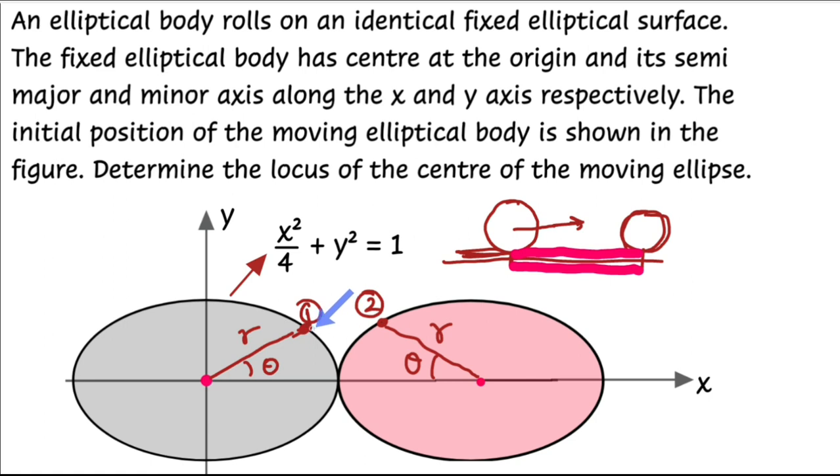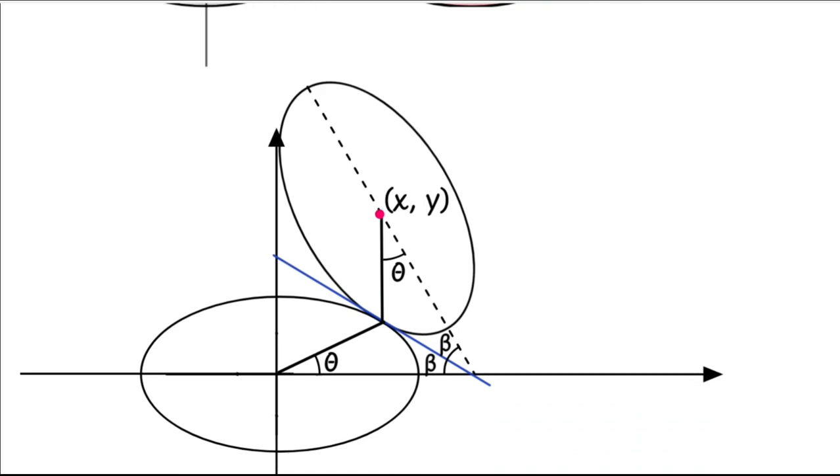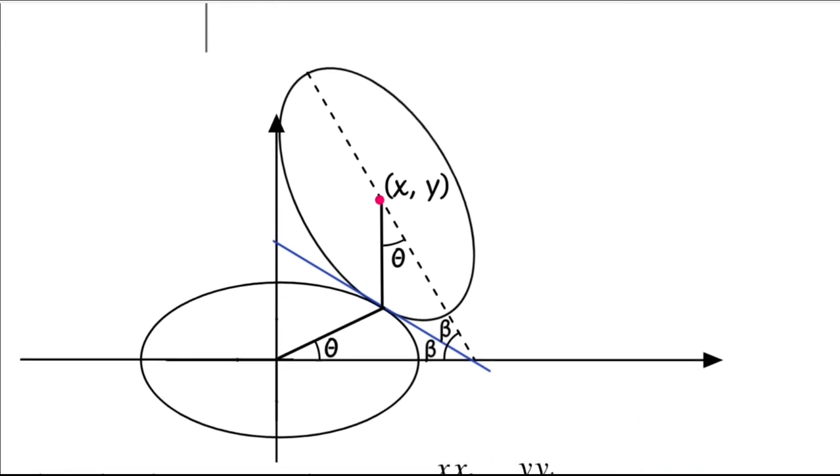So let's take this general position, where points 1 and 2 are touching each other, and for that let's rotate this right ellipse suitably. This is the kind of diagram we get in this situation. This is the point of contact, and if I join this point of contact to the centers of both ellipses, these lengths will be equal. Let me call this length r and this length r. These two angles will be equal, and if I draw a tangent at this point of contact, this is the tangent I am talking about.